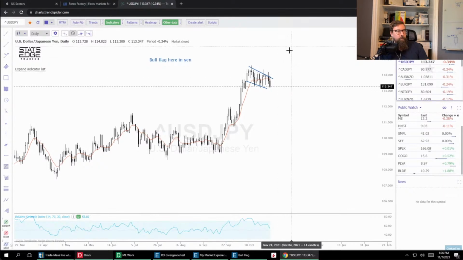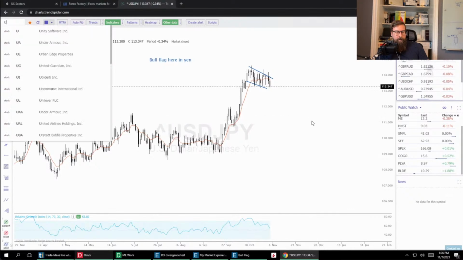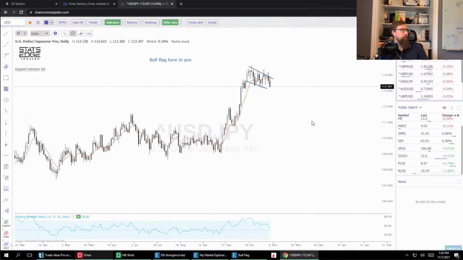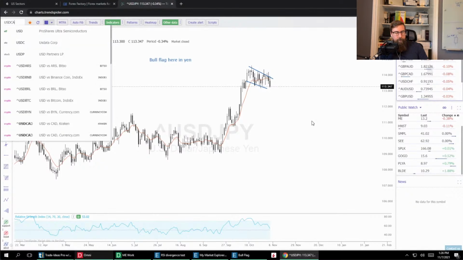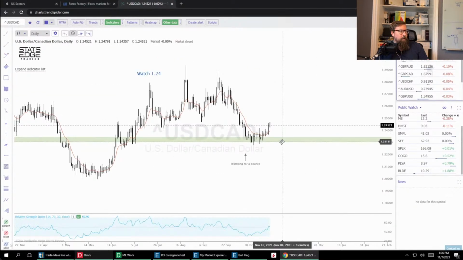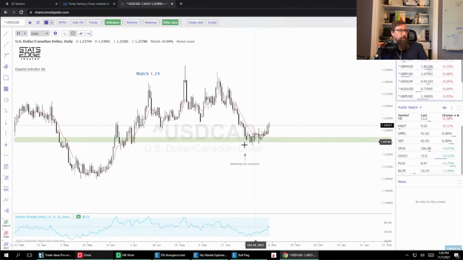As long as we stay over 114, this thing could make another move. If not, we could pull back down. The only trade I have going right now in the FX space, I don't want to just scan through all of these right now. I want to get over to stocks, but yeah, is